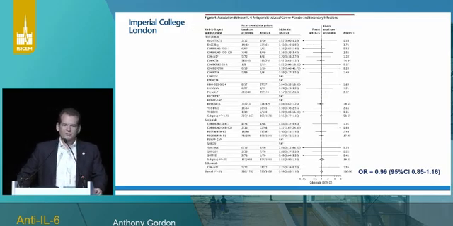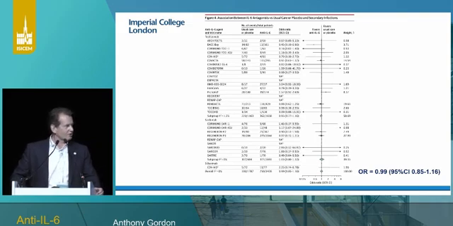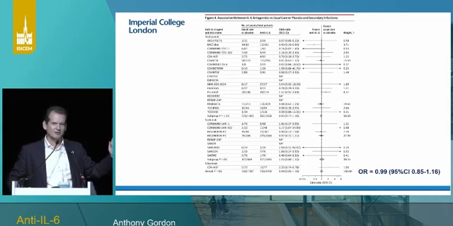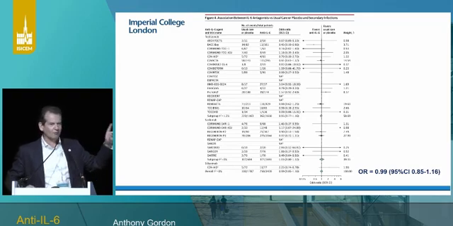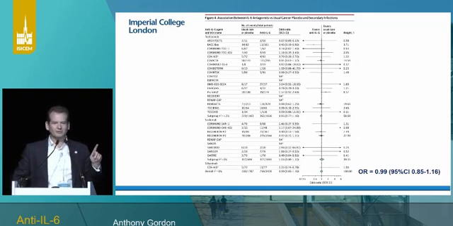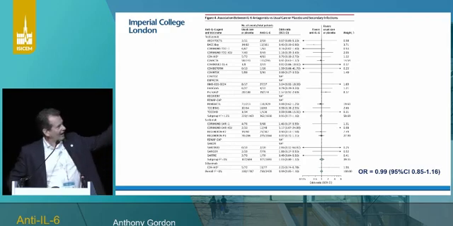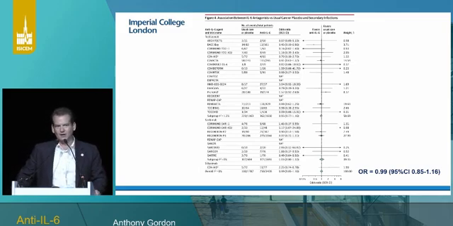People are worried about safety, and I hate to disagree with Mark, especially as he's gone, but he said the literature says there's an increased rate of infection. I'm not sure, and I didn't see a reference for his data, but here's an odds ratio from all of the trials, including the double-blind randomized controlled trials run by industry, which have rigorous pharmacovigilance, and not a single one of them is showing really any concern about secondary infection. And I think this needs to be borne in mind.